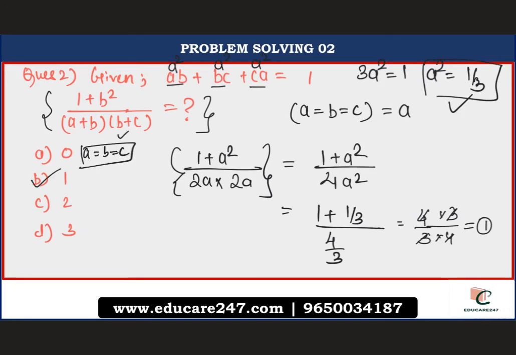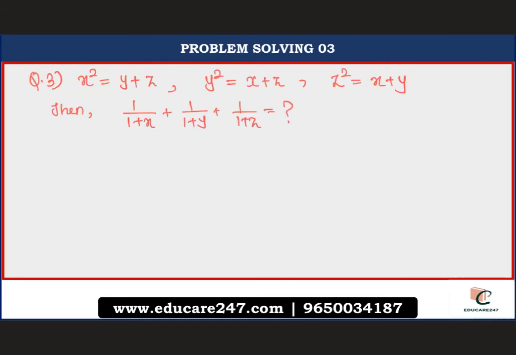All right, I hope you have understood the complete technique that we are following over here. Let's have a look at this question again. So again, if you observe, the given is x square is equals to y plus z, y square is equals to x plus z, and z square is equals to x plus y. Everything is symmetric over here. All right, so you can see symmetry is being followed over here in the given equations, and they've asked you question on this expression which is also symmetric, right?